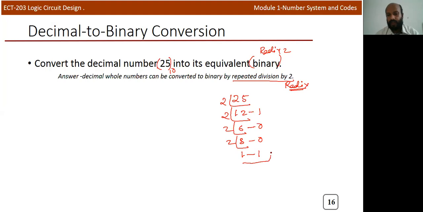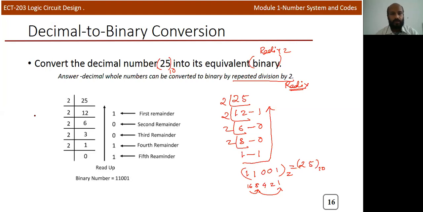So you can write in the reverse order. This will be the representation. So you need to write 1 1 0 0 1. So this is the binary representation of decimal number 25. We can also verify this. The position weights of this number are 1, 2, 4, 8, 16, just like 2 raised to 0, 2 raised to 1, 2 square. If you know these values, you can easily calculate and verify the result. For example, here it is 16 plus 8, 24, 24 plus 1, 25. So easily you can verify the result also.